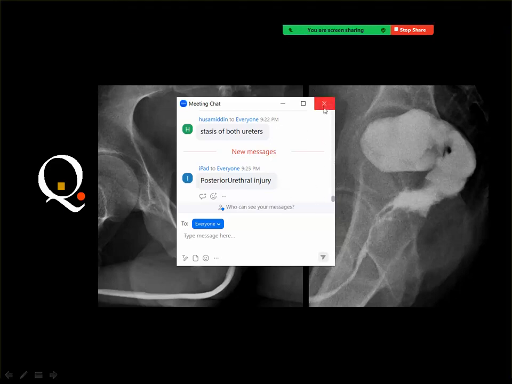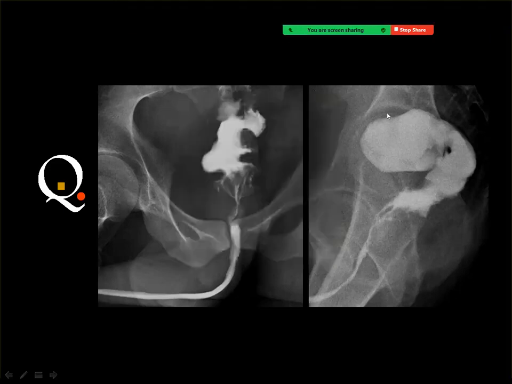Posterior urethral injury, and then if the urethra is injured, you got extravasation of contrast material at the site of injury. But if you see that the urethral outline is continuous, but it ended in the colon instead of the urinary bladder, you may think of a